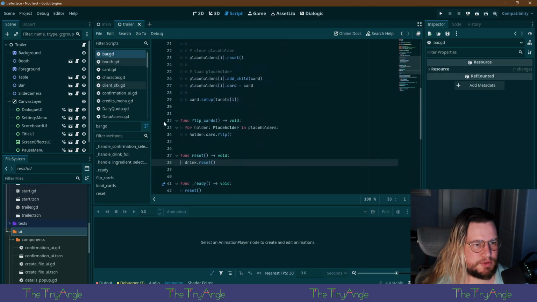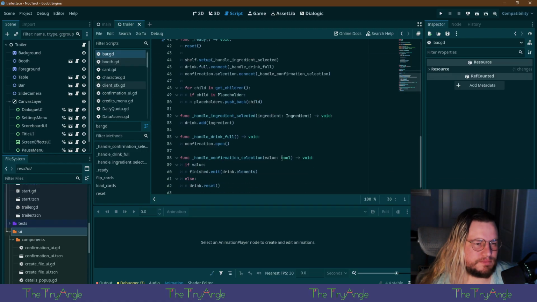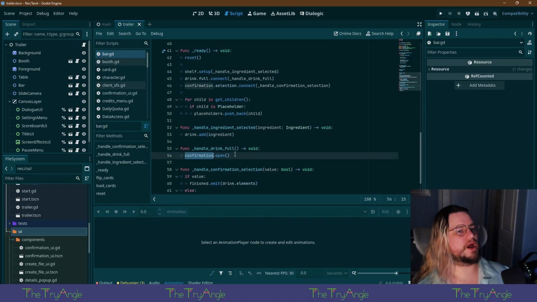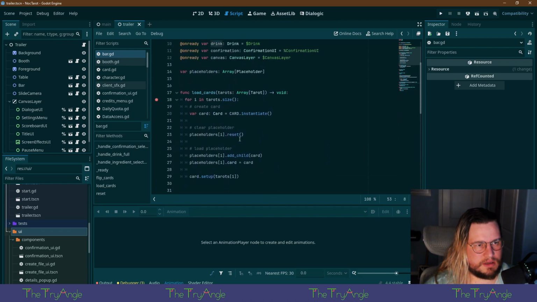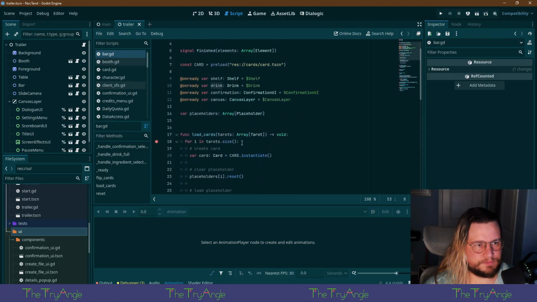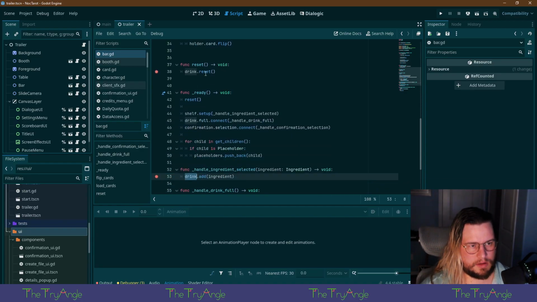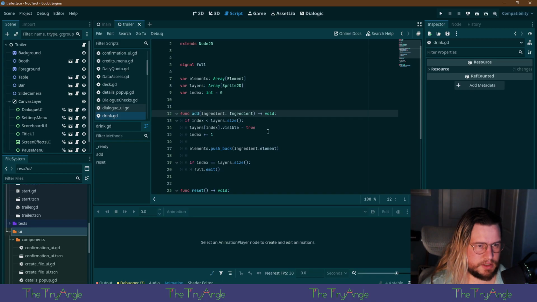So let's just put in some breakpoints. Handle confirmation selected. Handle drink full. Yeah, that's fine. Ingredient selected. I wonder if it's this. Index. Layers. Size.